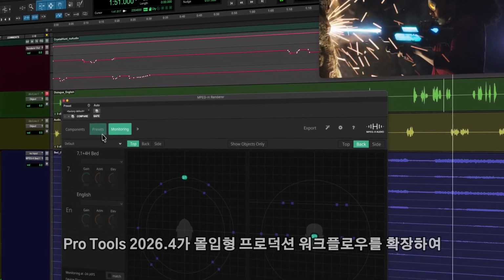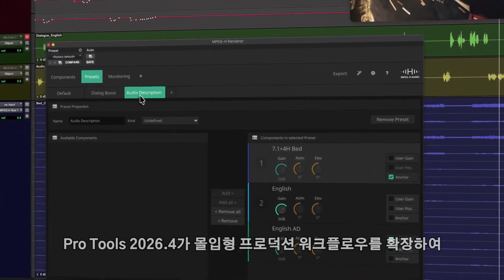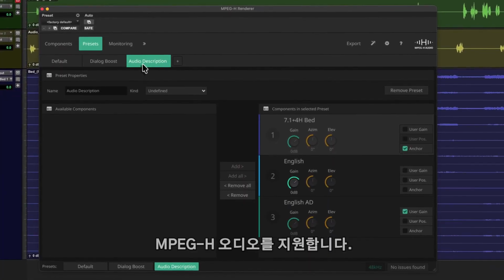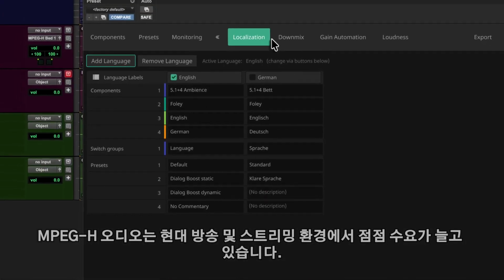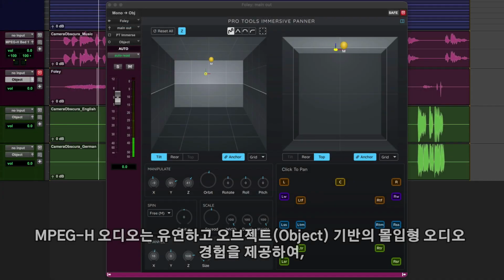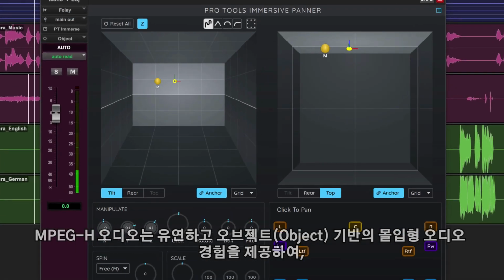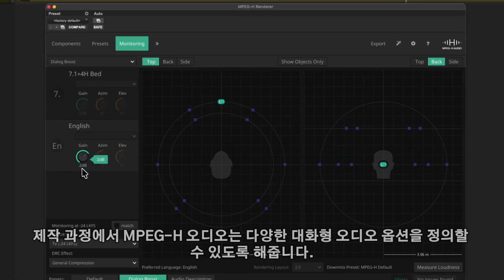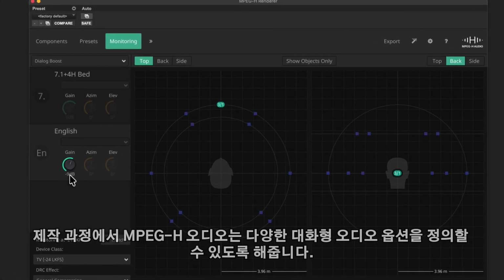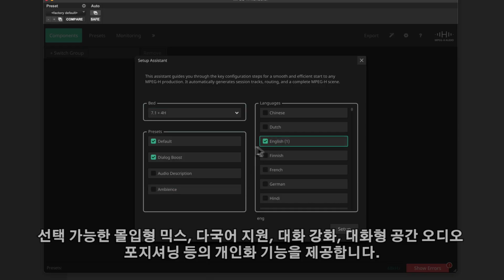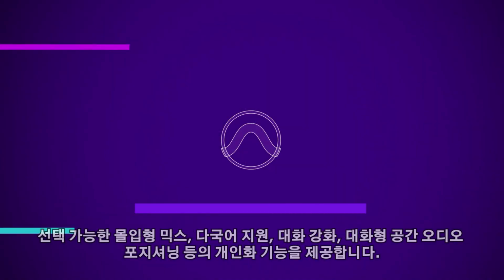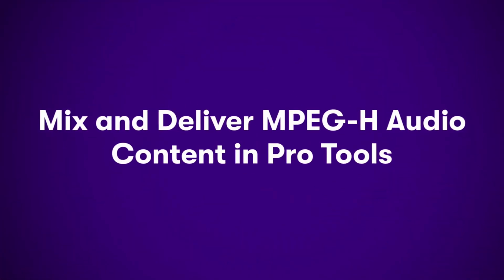Pro Tools 2026.4 expands immersive production workflows with support for MPEG-H audio, a growing audio standard for modern broadcast and streaming. MPEG-H audio enables flexible, object-based immersive audio experiences and makes it possible to define a wide range of interactive